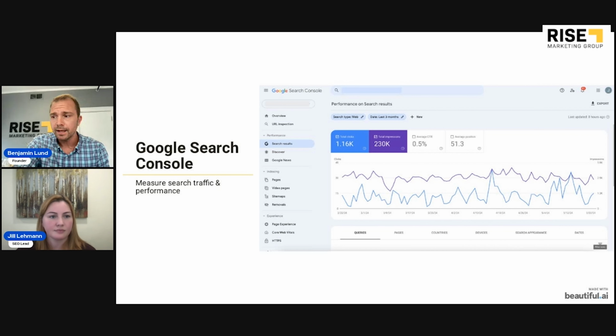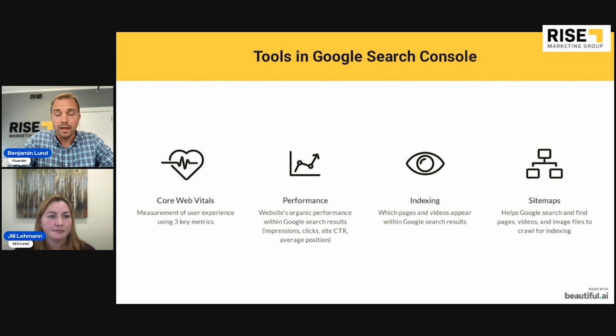And then lastly is just sitemaps. You can submit your sitemap to Google straight through Google Search Console. This allows your sitemap to appear in search results and helps Google navigate your site and find pages, videos, and images. Awesome. So many tools available, and I personally love the performance report